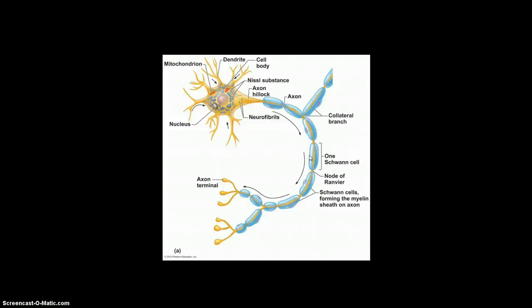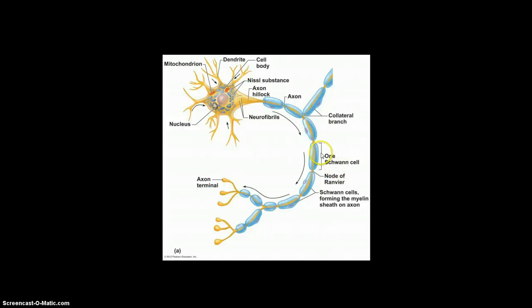So it's like taking black electrical tape and wrapping it around a bare wire to provide insulation. And this insulation occurs around the cells in your brain, in which case they are called oligodendrocytes. And if this is outside of the central nervous system, then the cells are called Schwann cells, and they're a